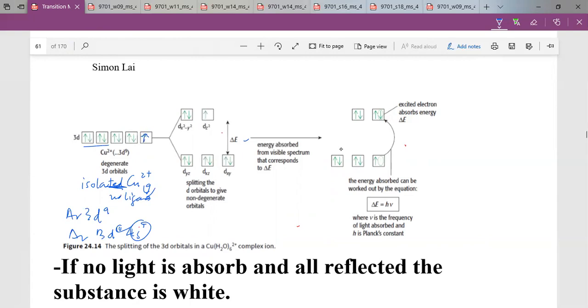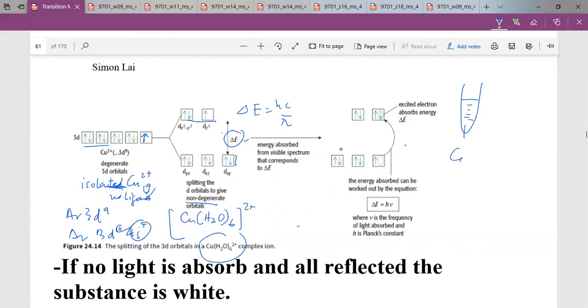So when you have copper hexaaqua 2 plus, the water will come along the octahedral complex and point towards the dz square and dx square minus y and cause these 2 to be split into 2 levels. This is now called non-degenerate. These 3 are degenerate, these 2 are not. So now there is an energy difference here. This delta E is equal to hc over lambda. That means when you put copper 2 plus solution, this blue, copper 2 plus,